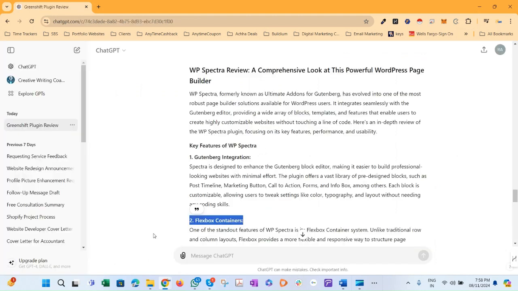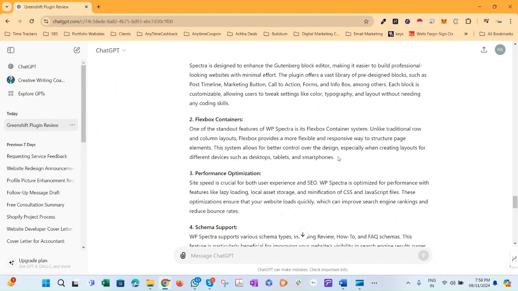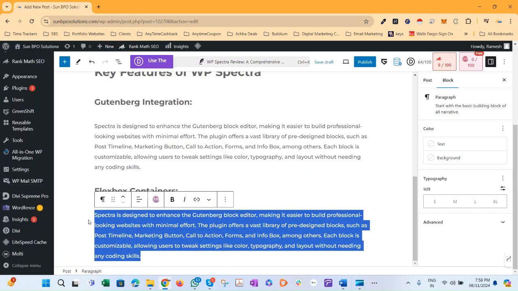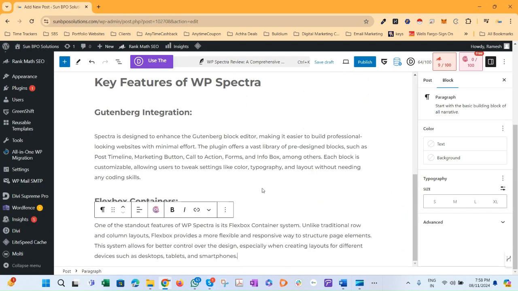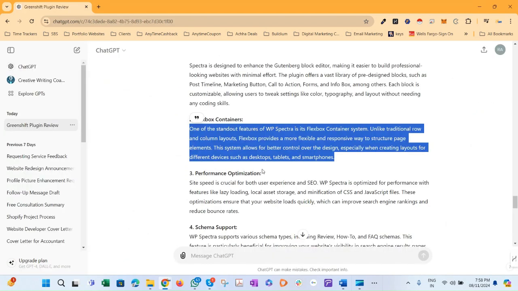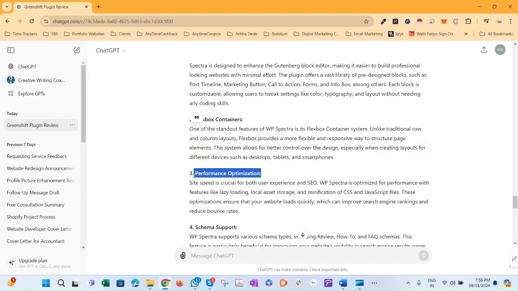I'm going to paste. So I'm going to add this content, etc. And if you press enter, it will create another one. So simple, create